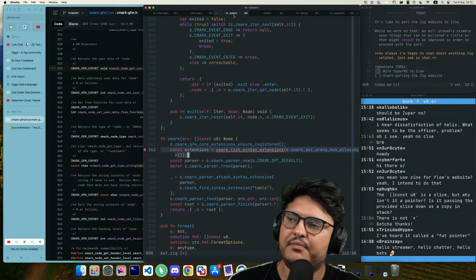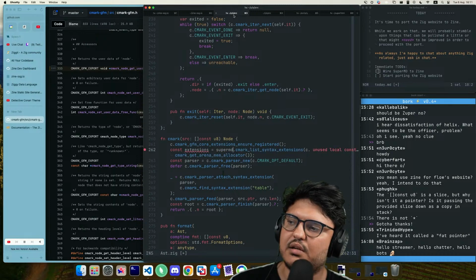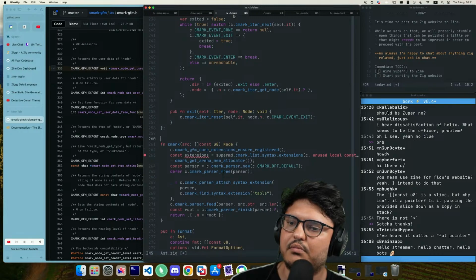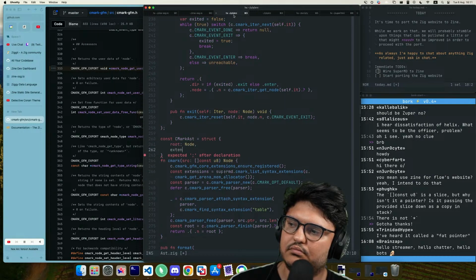So how does this work? Extensions equals CMark list syntax extensions, which is a callback that now is under root, which we call super MD here. So this is extensions. Where do we put this? You know what? We really need a CMark AST. I have no clue what the type of this thing is.